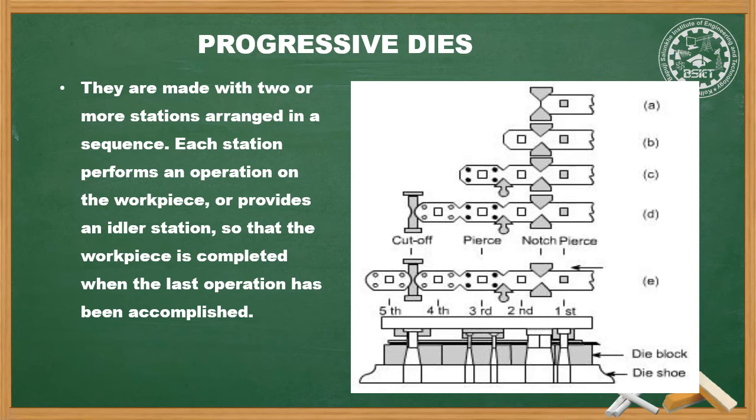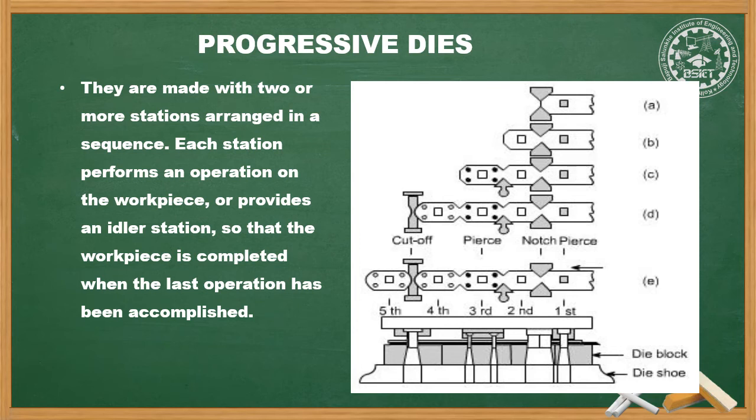The fourth stroke, as shown in figure D, cuts off and forms radii at the end of the finished piece. Therefore, every stroke produces a finished part. Progressive dies generally have a cut off or blanking operation as the last operation. It is preferred to have a piercing operation as the first operation so that the pierced hole can be advantageously used as a pilot hole to stop the stock.